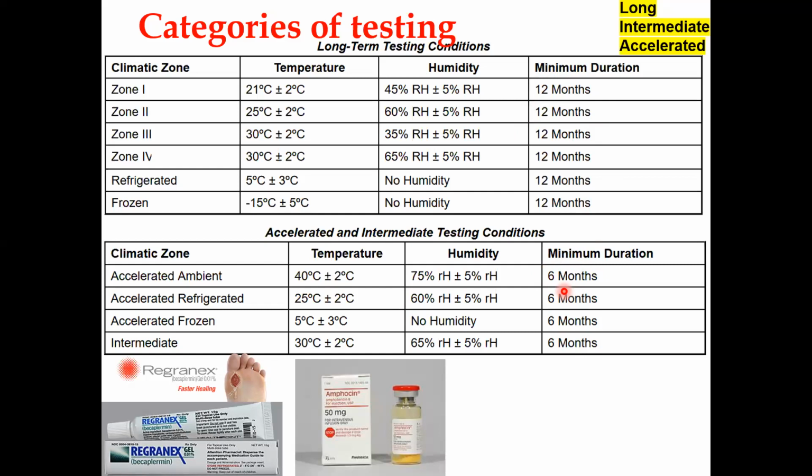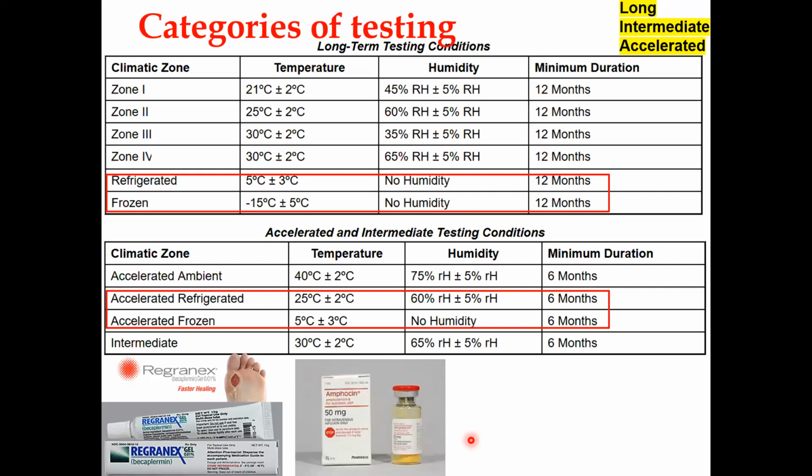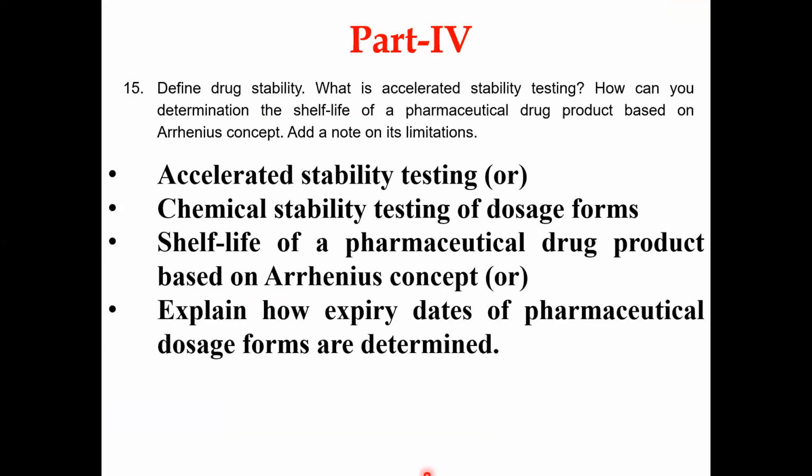Suppose I want to do an experiment which I want to complete in a single month, but I want to predict for a drug product. Let us say amphotericin, which is an antibiotic. Usually its shelf life may be 2 years, but I don't want to waste 2 years. Within 1 month, how can I predict how many years it can maintain 90%? It may be 2 years, 2 years 2 months, 3 months, or whatever. So within 1 month of experimentation, is there any way I can predict how many years it can maintain its shelf life? That is called accelerated stability testing.